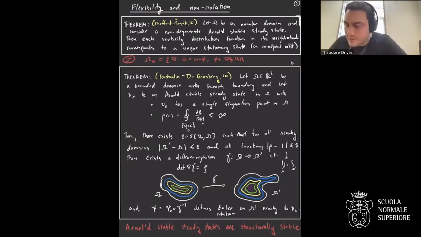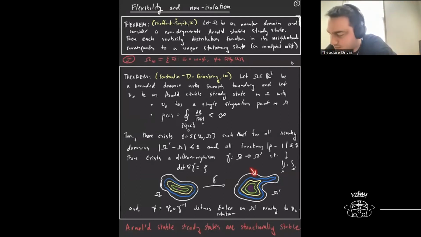In some recent work with Peter and Dan, we study this problem not for the orbit of the vorticity distribution, but actually for the orbit of the stream function in the group of these diffeomorphisms. We're also not restricted to volume preserving. So our theorem is that if you have a domain where you have a stable, say an Arnold stable steady state there, then we can wiggle this domain a little bit, and the wiggling doesn't have to preserve volume inside, just the areas have to be the same. And we find a new stable solution here.